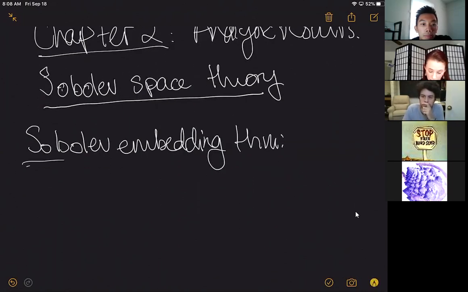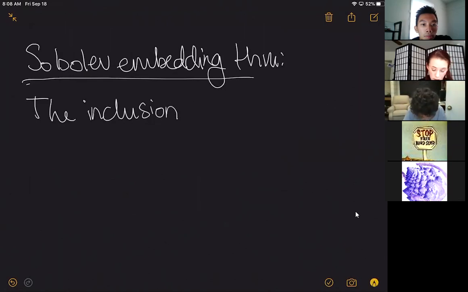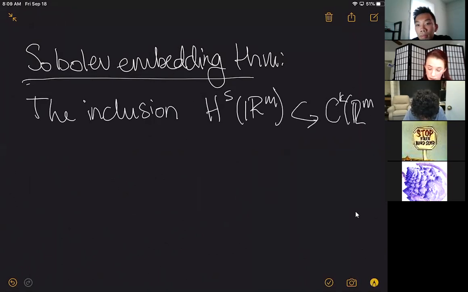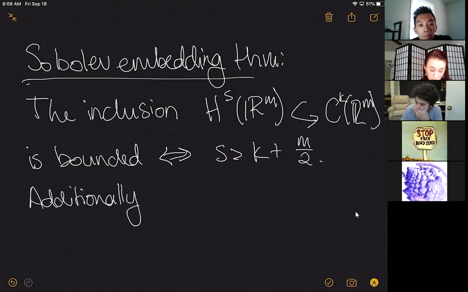And this states that the inclusion map from H^S on R^M into C^K on R^M is bounded if and only if S is bigger than K plus M over 2. And additionally, if this holds,